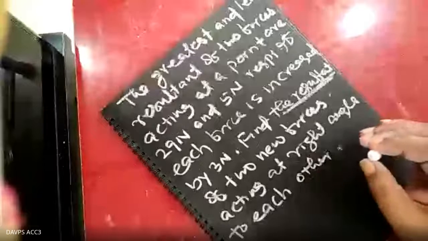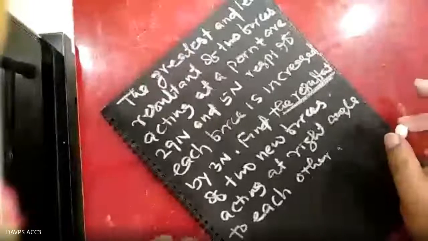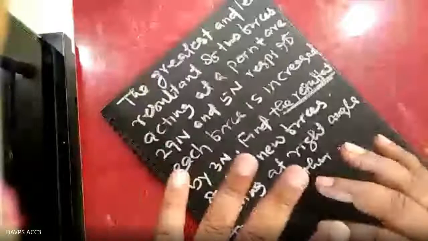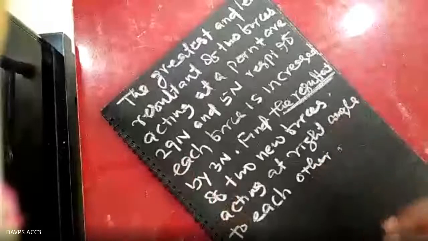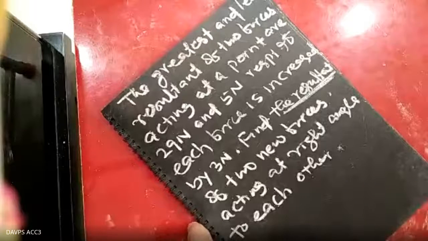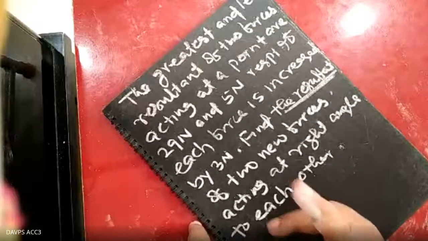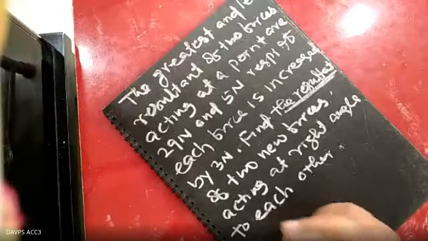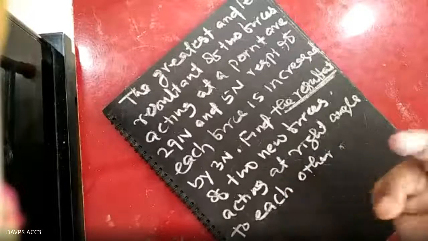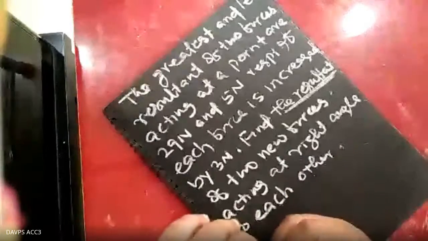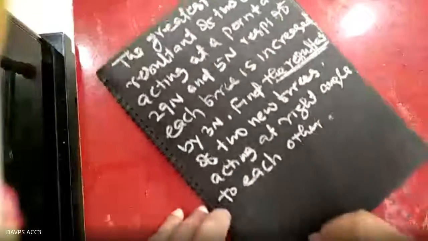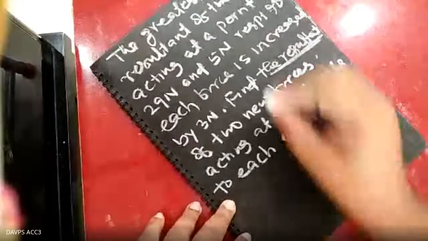If the magnitude of the resultant is asked, you can calculate it easily, and if the direction is asked, you have to find the direction. Everybody will calculate the magnitude easily, but I think nobody will tell me exactly what the angle is, the direction of the resultant. It will be difficult for you. My target is to make it easy for you to calculate the direction. For the magnitude you simply put in the formula and get the answer. And here it is written the greatest and least resultant.